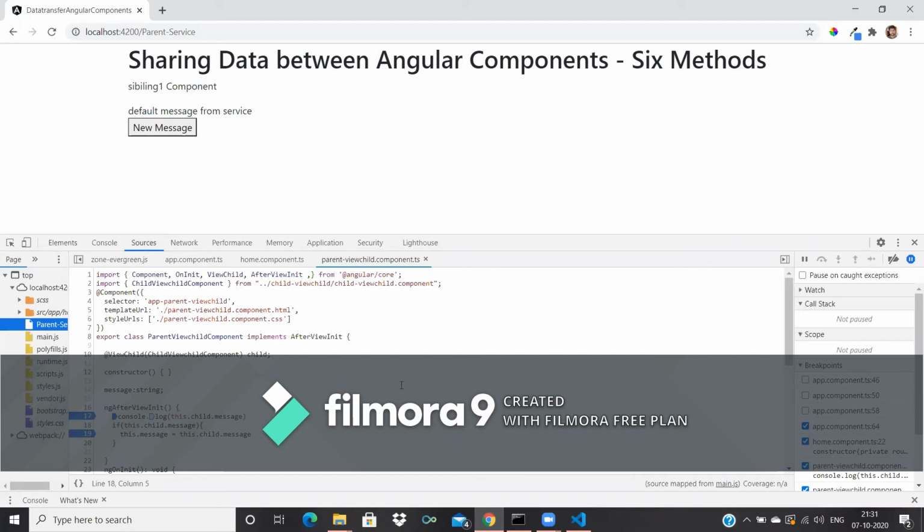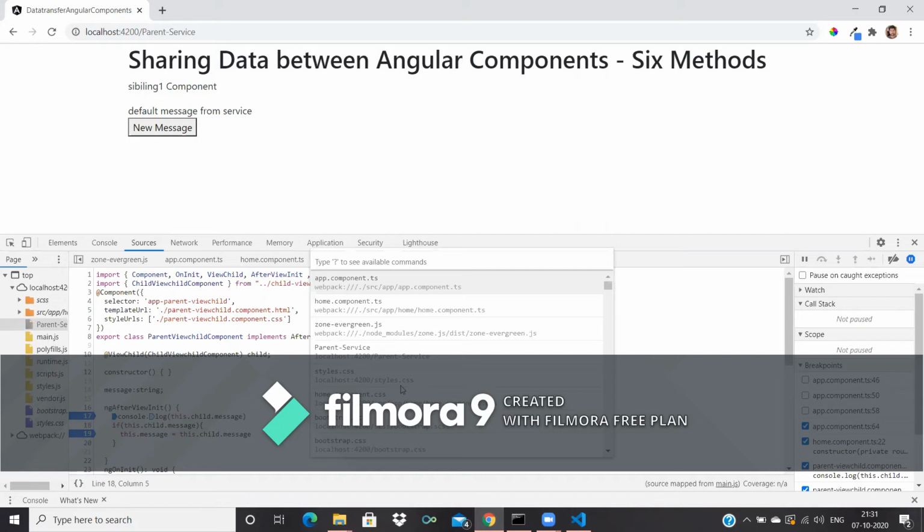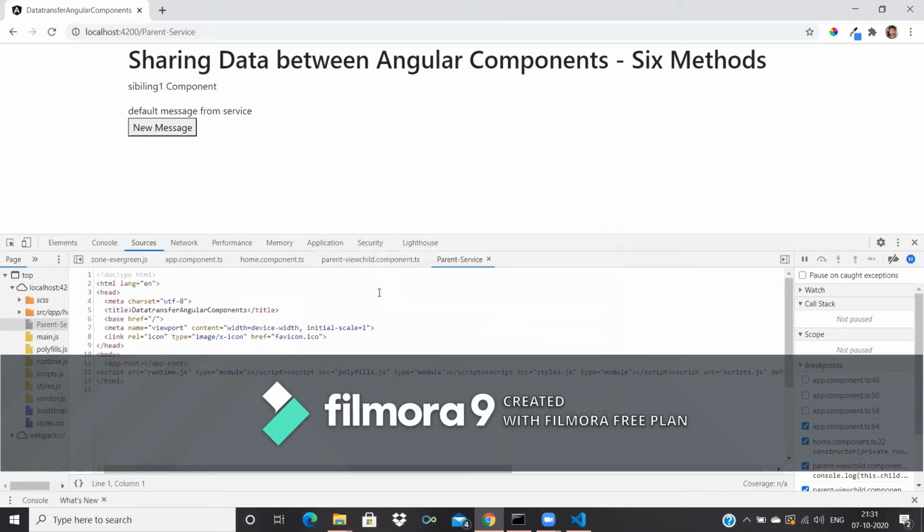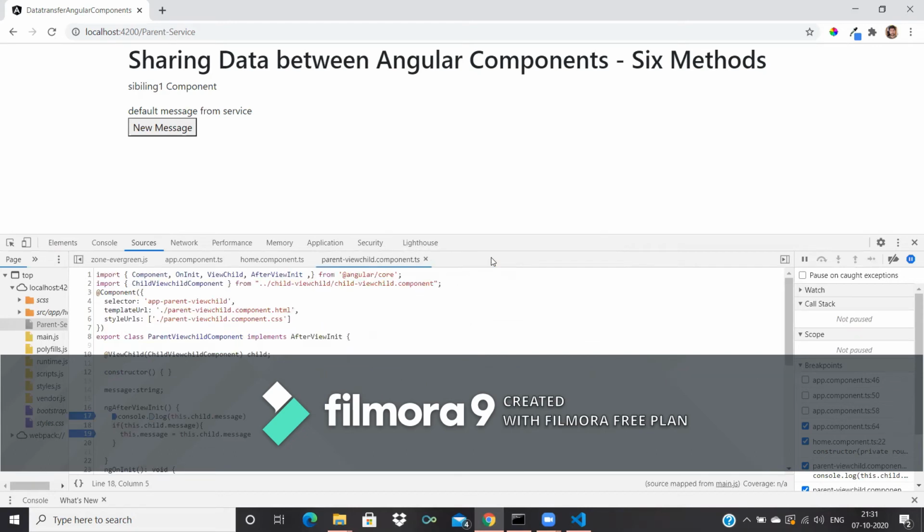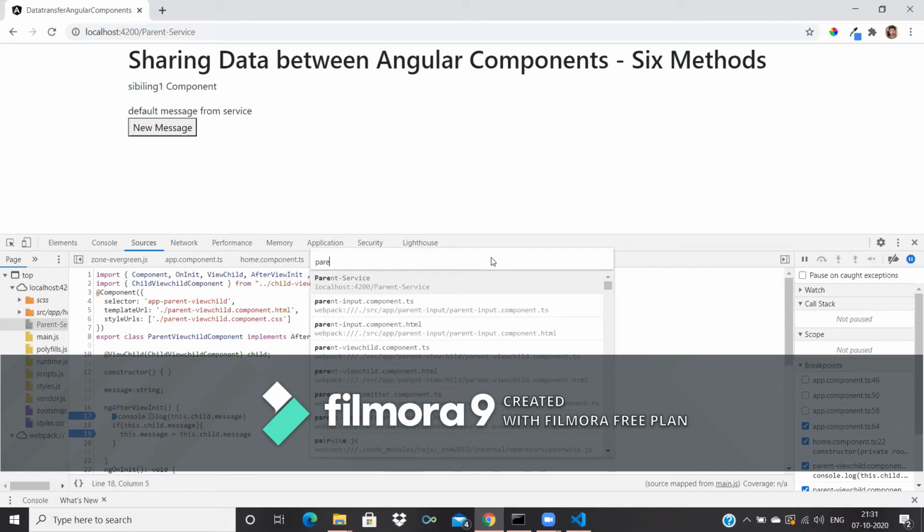Now from where do I want to see? We'll check from the parent service.ts.